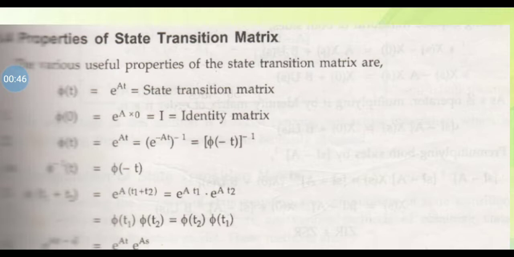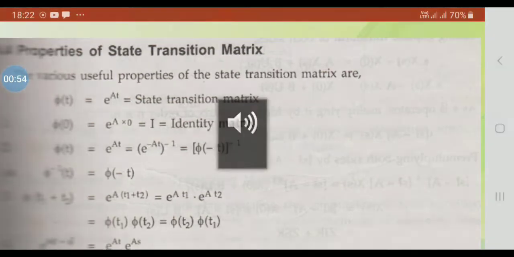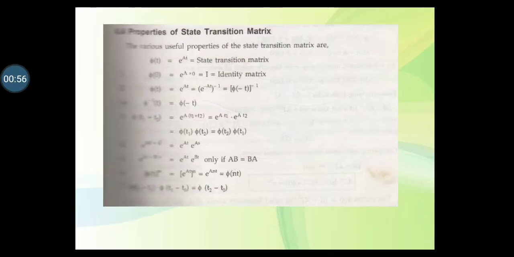The next, phi of t is equal to e raised to at, which is equal to e raised to minus at the whole raised to minus 1, which is equal to phi of minus t the whole raised to minus 1. Then next, third property is